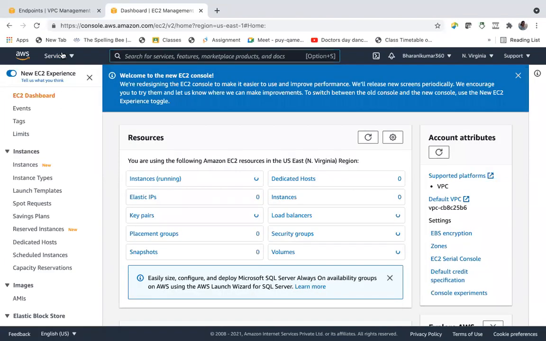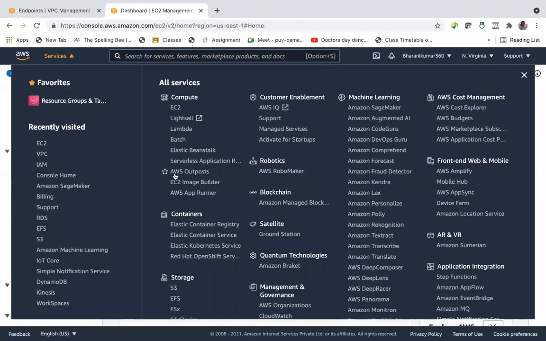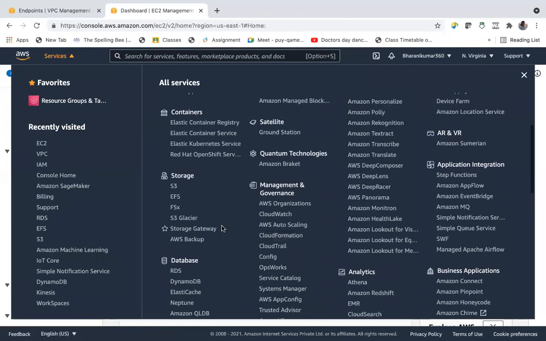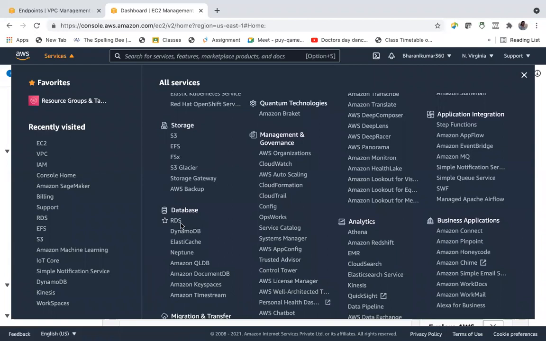Let's go to services, databases, RDS and DynamoDB. So let us go to RDS, Relational Database Service.